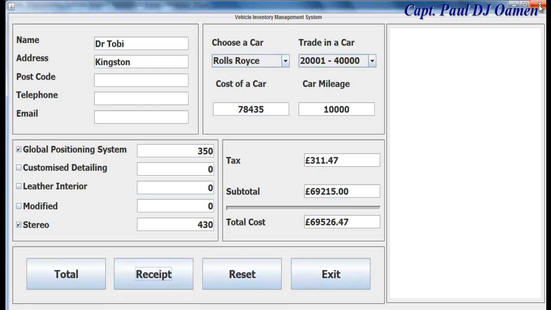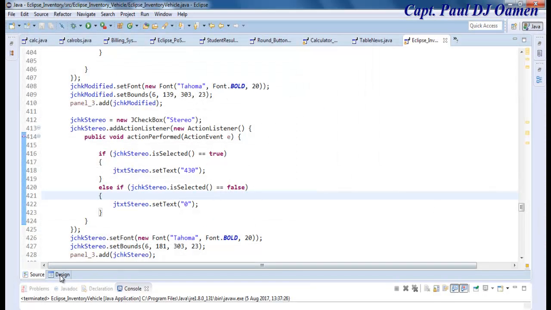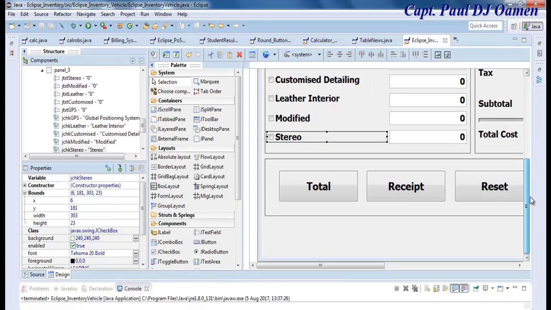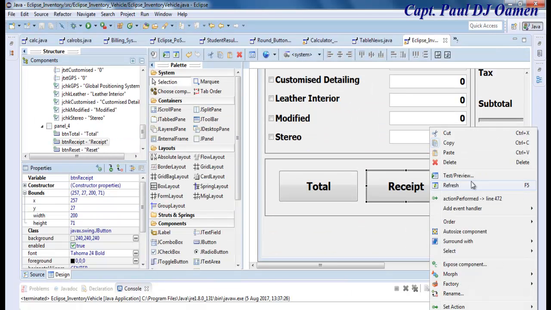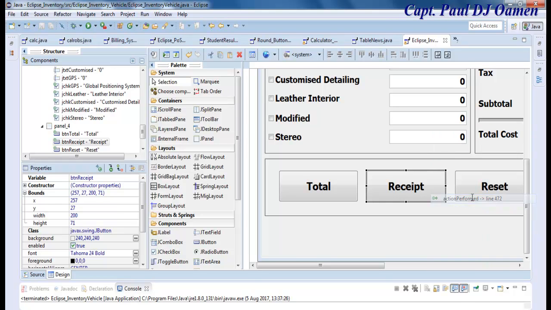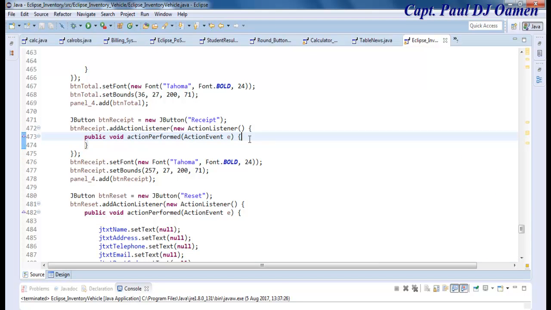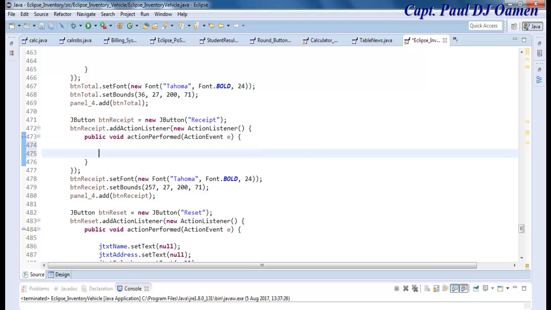So for the receipt, let's go back into our program, come right down here and right click on the receipt, action, perform. Yeah, right there. Okay, for the receipt I'm going to declare the following string variable. So let's go for name, or maybe lowercase, that's cname, customer name equals